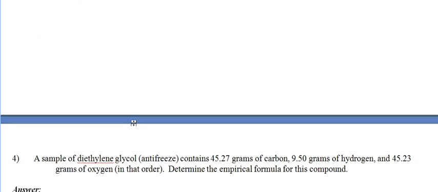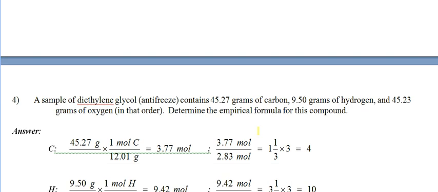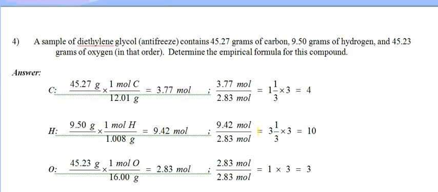Next question. Number 4, a sample of diethyl glycol, which is antifreeze, contains 45.27 grams of carbon, 9.5 grams of hydrogen, 45.23 grams of oxygen. Determine the empirical formula for this compound. Just like in the last question, you're given the mass amounts, convert those to moles. Once you have your mole amounts, then we're going to decide which of these has the lower value. And it looks like the oxygen has the least number of moles, so that's going to help us determine our